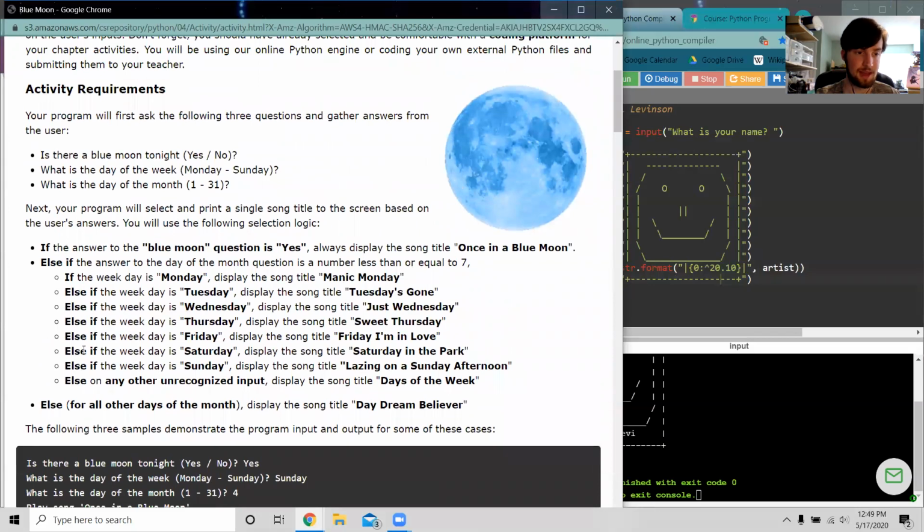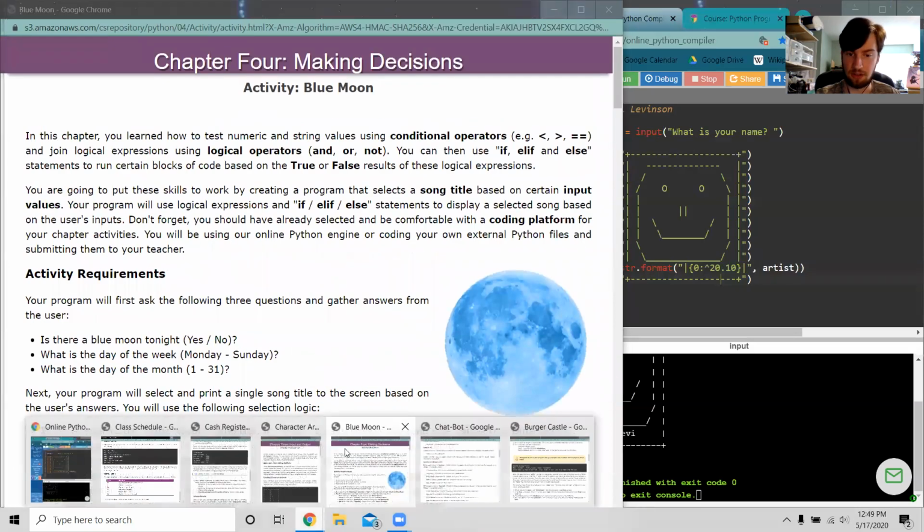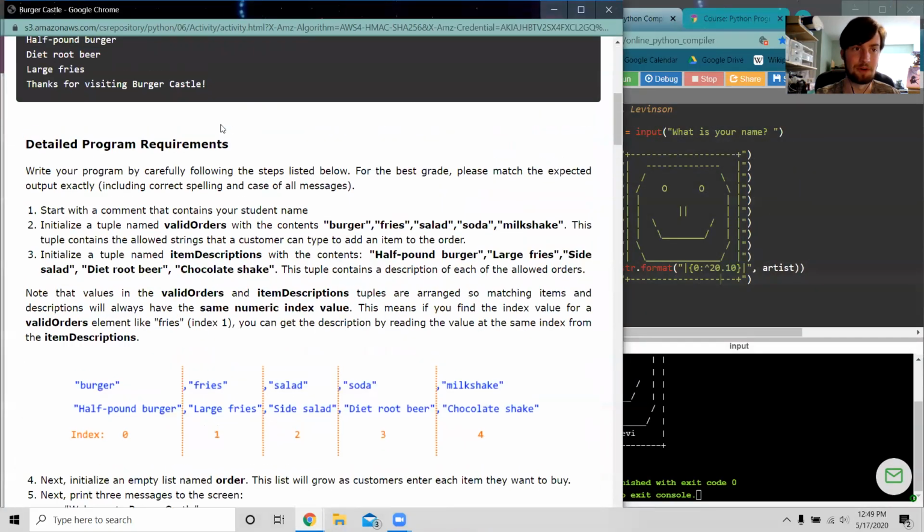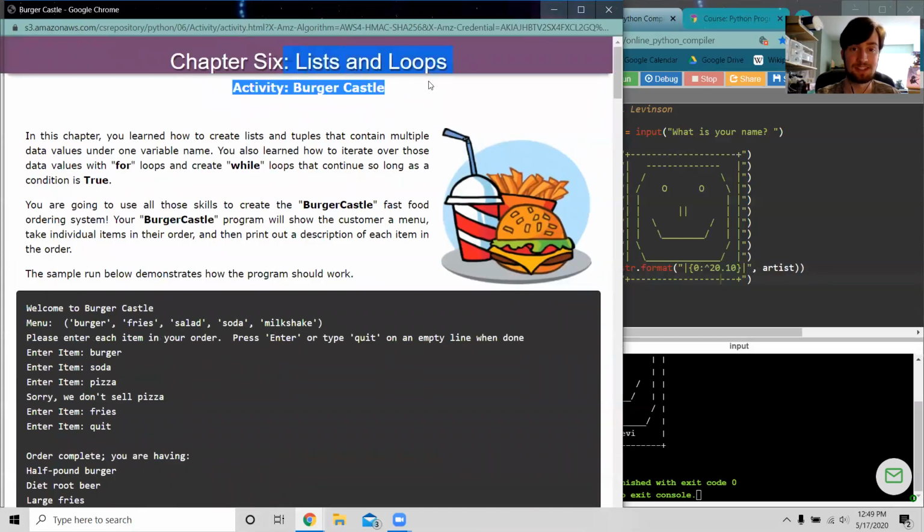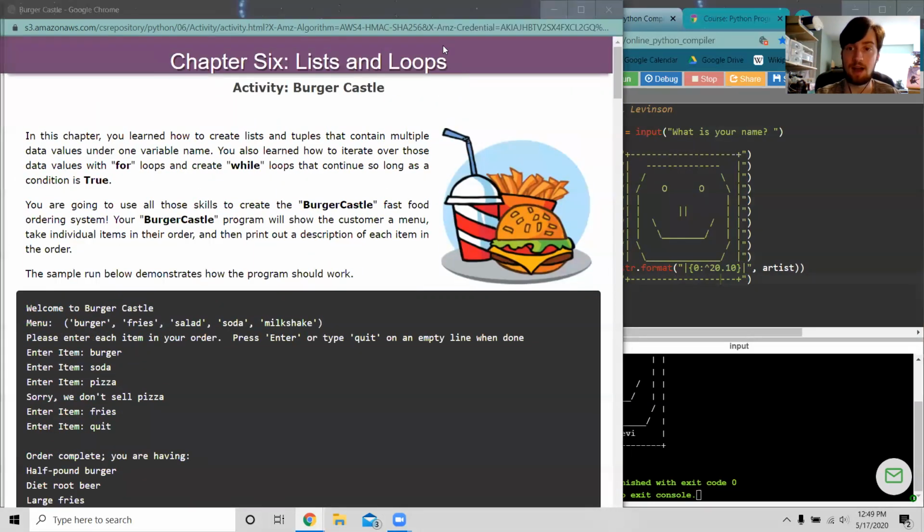These if-else statements, and also skipping ahead to number 6, that's where you get lists and loops. Again, that's where things are really useful, because that's when you can get the computer to do a whole lot of work that you don't want to do. And you don't want to do a lot of work as a coder. You want to let the computer do all the work. So I'll see you in lesson